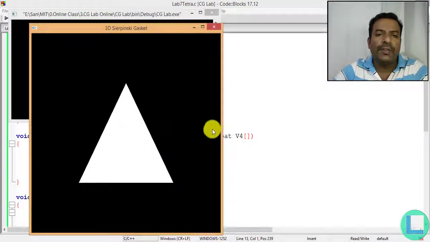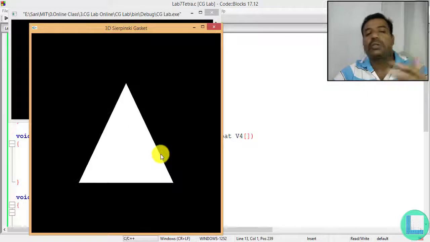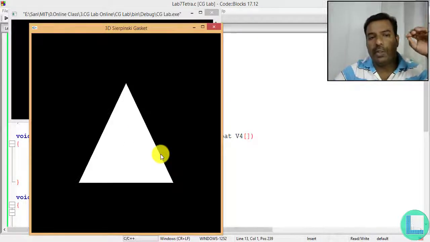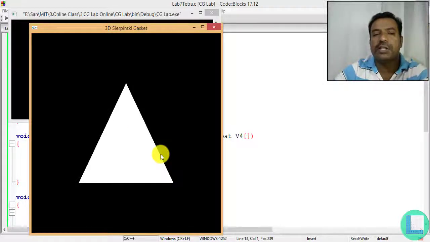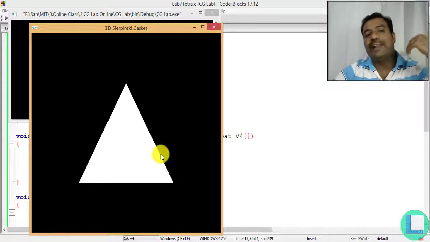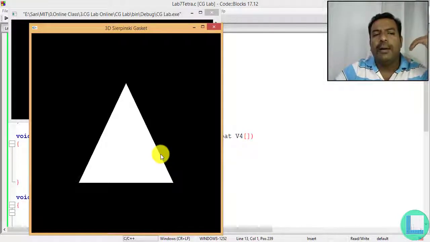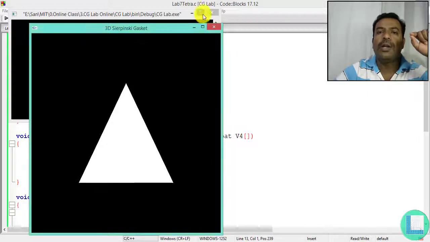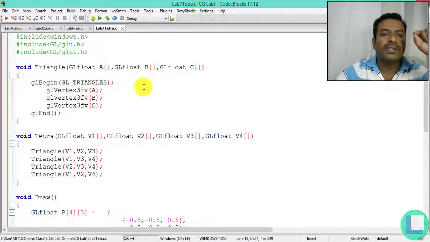Fine. So now if you just see, I'm able to see only one triangle because all the triangles right now, at this point, even I'm not sure whether this is visible actually or not. But as all the faces are of the same color, I'm not able to distinguish whether the tetrahedron has been properly formed or not. And so for that purpose, let me give a different color for each different face of the triangle. And where do I do so?